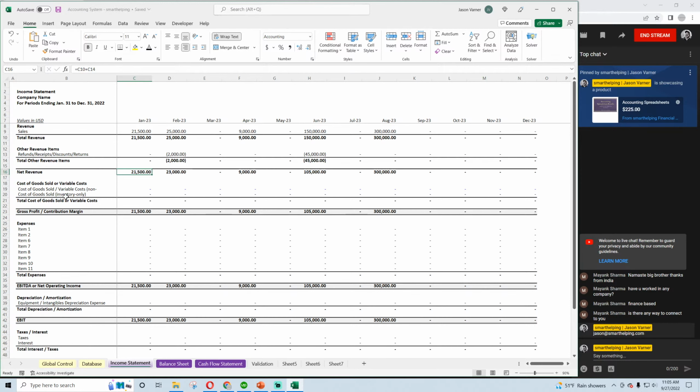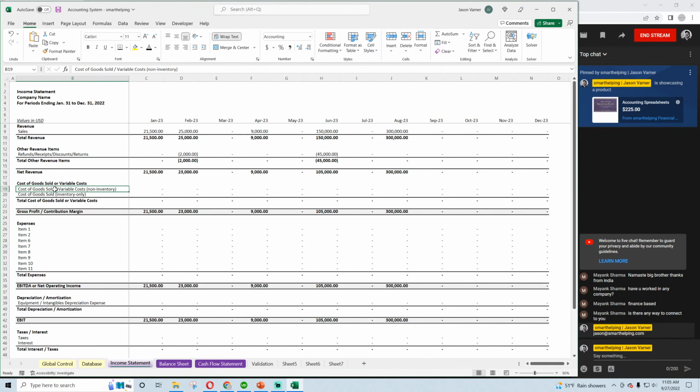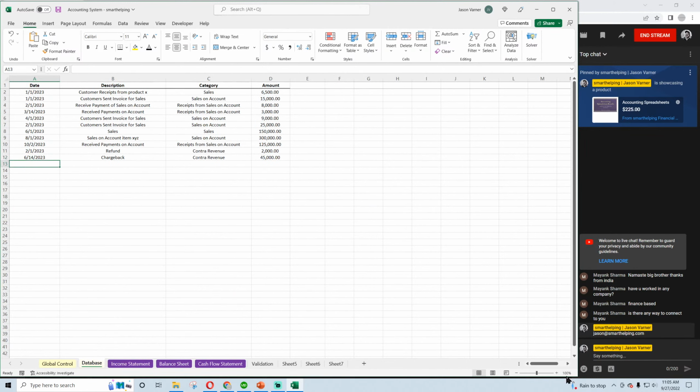Okay, so cost of goods sold. This is a good one. Now, for cost of goods sold, there are two options. One, you have cost of goods sold for inventory only, meaning let's say you buy cars, you sell the cars, your cost of goods sold is going to be the cost that you paid for the cars. So that has to come in here. Now the person entering the data is going to have to enter, let's say,